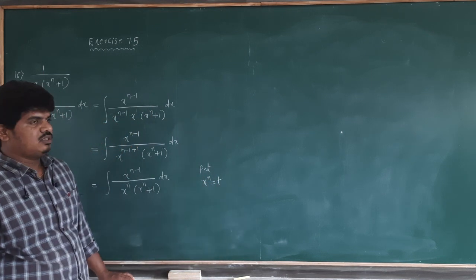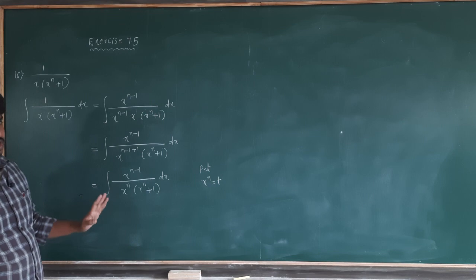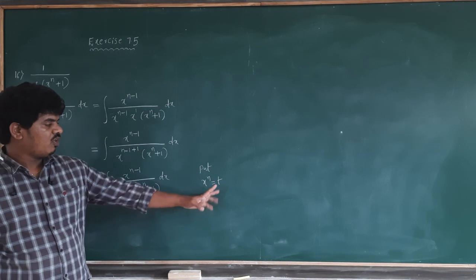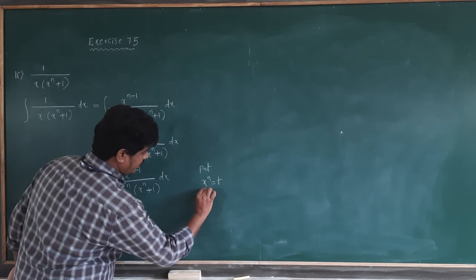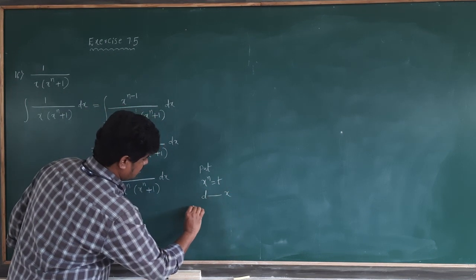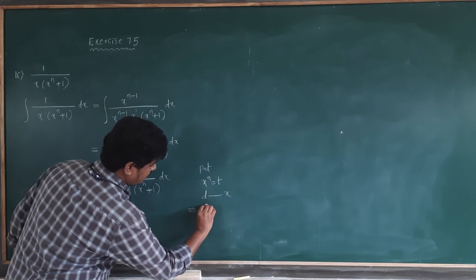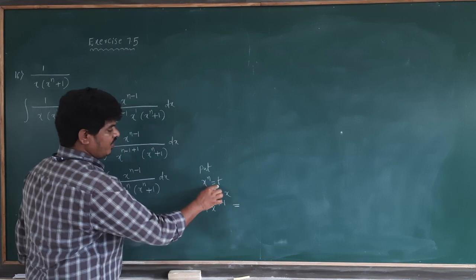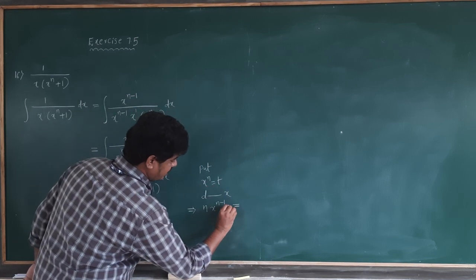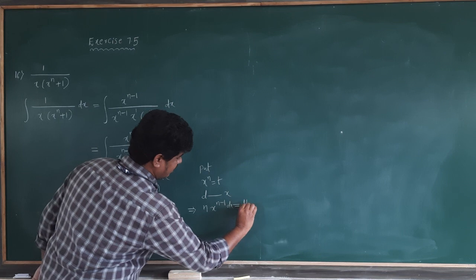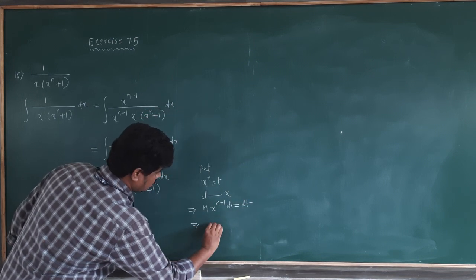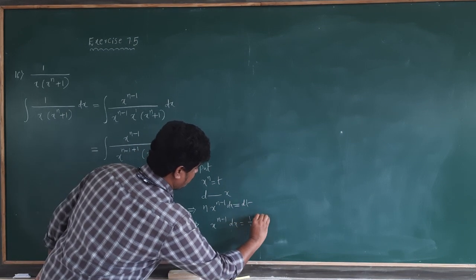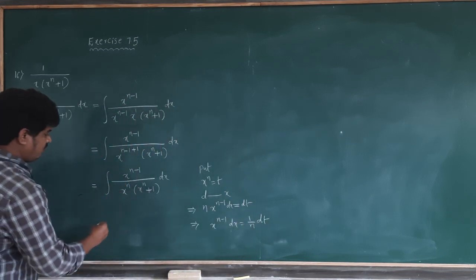Actually, from this exercise such type of difficult question will not be asked, don't worry, okay. Here take x to the power of n equals t, differentiate both sides with respect to x. The derivative of x to the power of n is n into x to the power of n minus 1, which equals the derivative of t, dt by dx. Okay, just take dx here and dt here. Now watch, x to the power of n minus 1 dx equals 1 by n into dt. This one will be written like this.